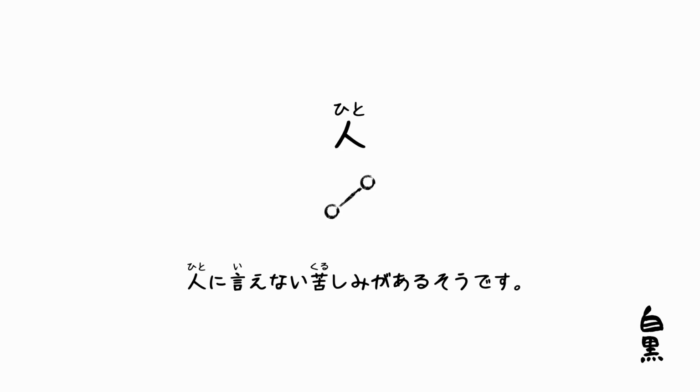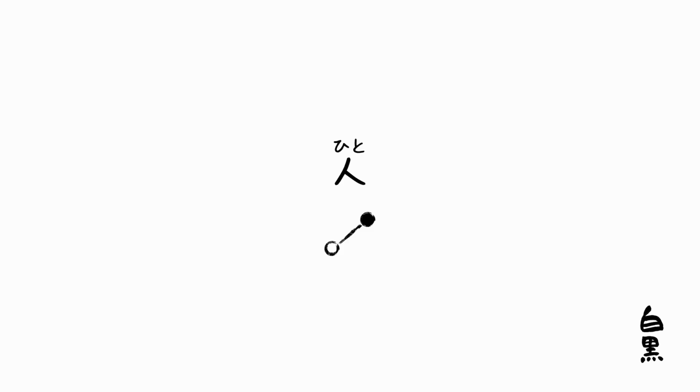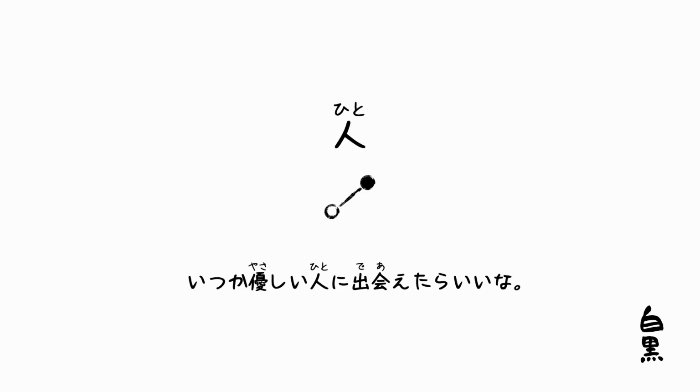When unmodified, meaning humankind or other people in general, it is a pattern A noun. As in, 人に言えない苦しみがあるそうです。However, when there's a modifier specifying what kind of person, it becomes pattern D, as in, いつか優しい人に出会えたらいいな。